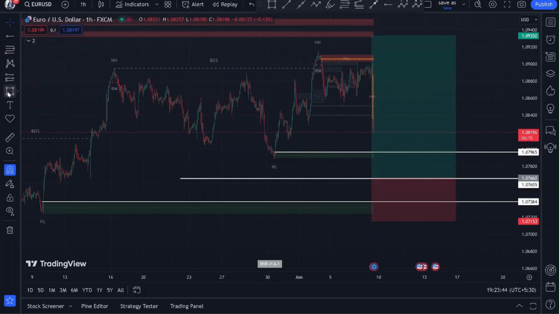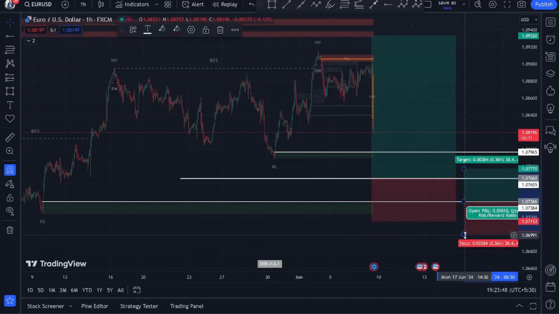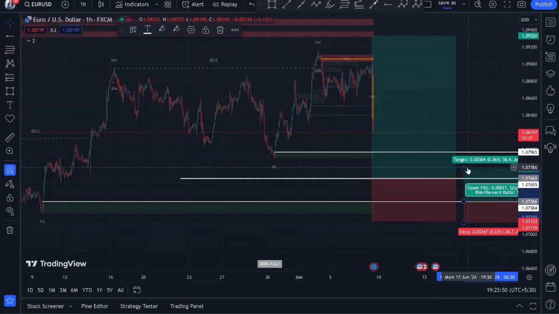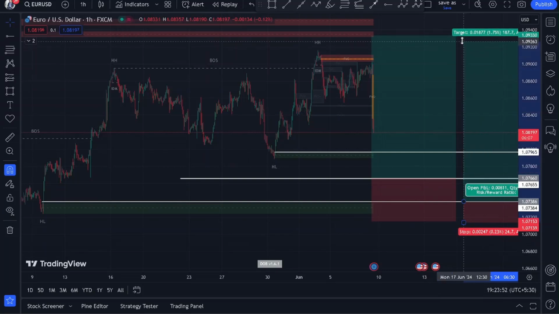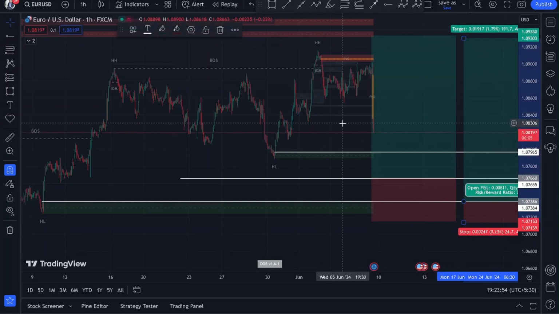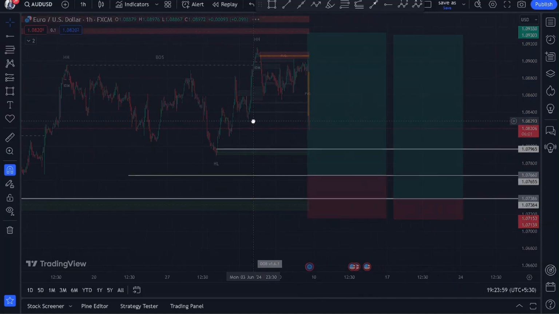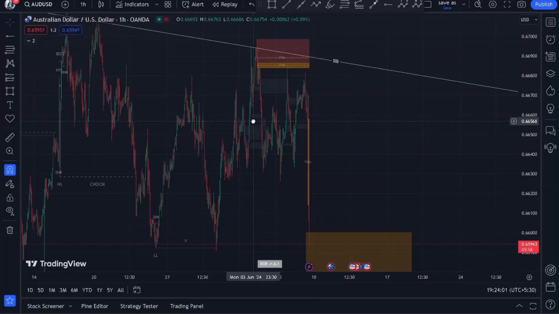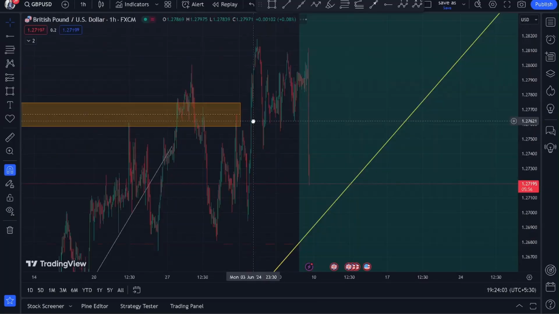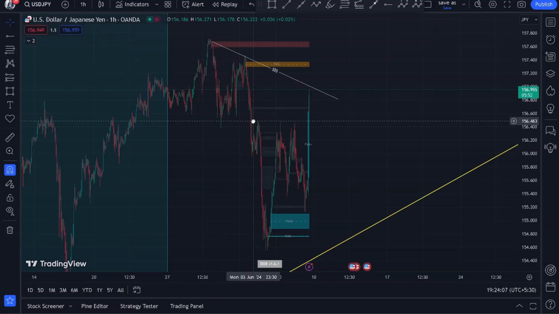We have this entry and entry 2 here with the same stop loss, with the same approach, with the same trading strategy. So I think we are done with EurUsd, we're done with AudUsd, we're done with GbpUsd, we're done with